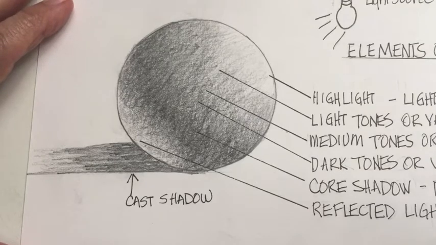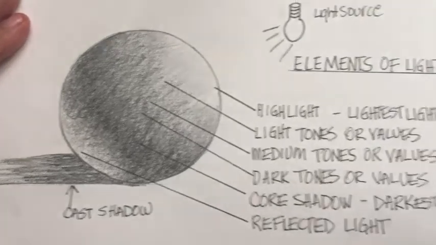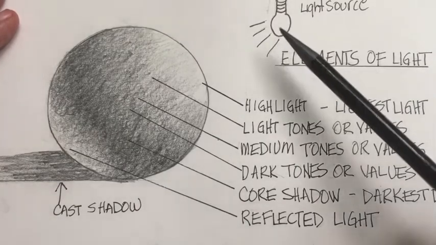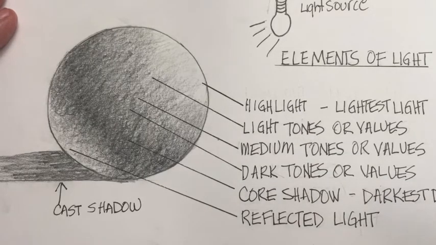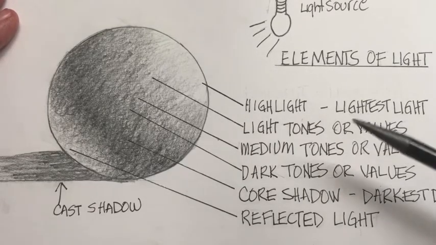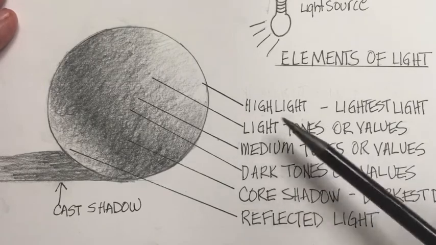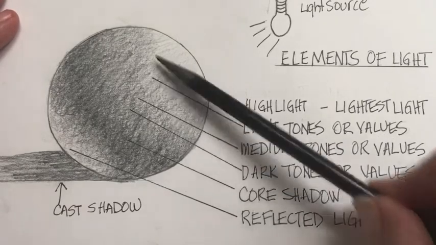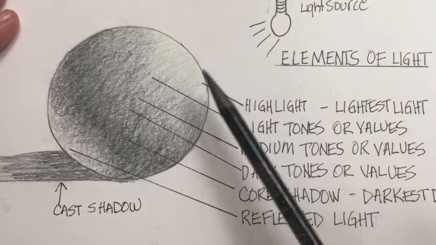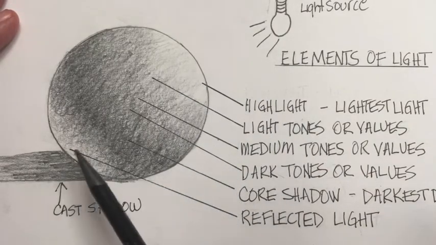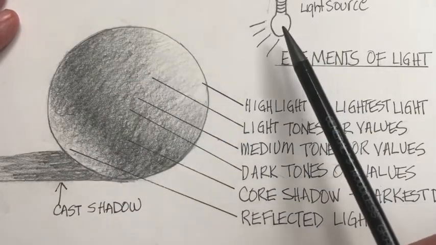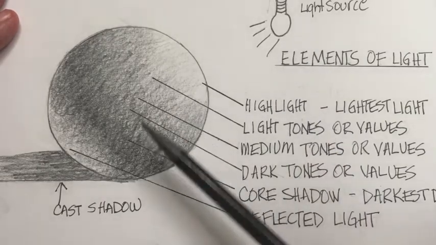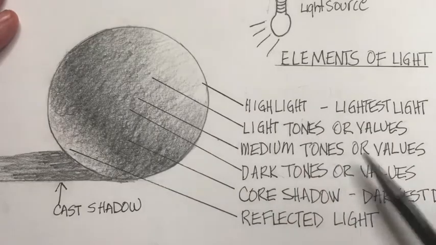So you want to define these elements of light. The lightest light, when a light hits an object, is called a highlight. We've seen it already in the eyeballs, in the pupil where the light shines. The next values or tones are called light tones as the object moves away from the light source. So this is a sphere, it's round, so parts of it are moving away from the light source. Then as it moves away from the light source, you have medium tones or values,